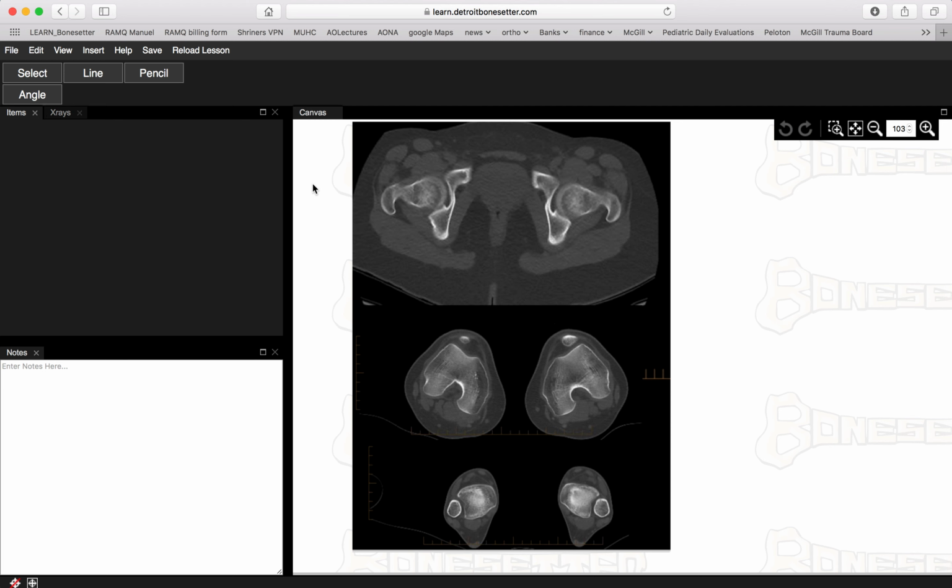So here's the CT rotational profile of the bilateral lower extremities, the right side on the right, left side over here. These are CTs. You try to scroll to get an image where you can see the femoral neck and draw a line down its axis. So we're going to start with the right side, draw a line of best fit down the axis of the femoral neck, and then a reference line